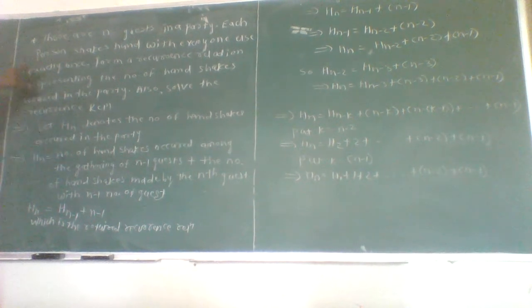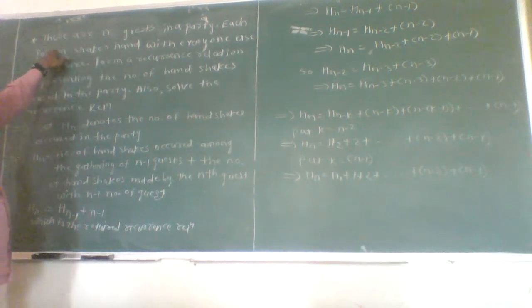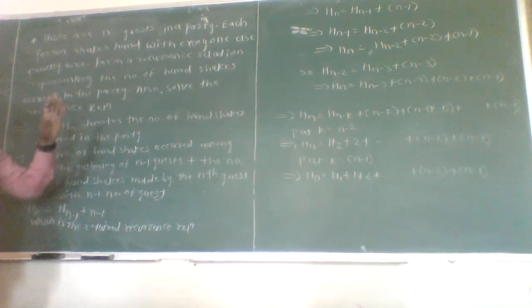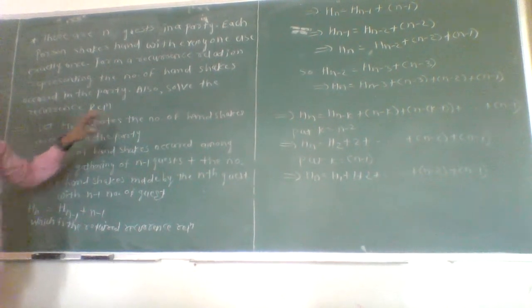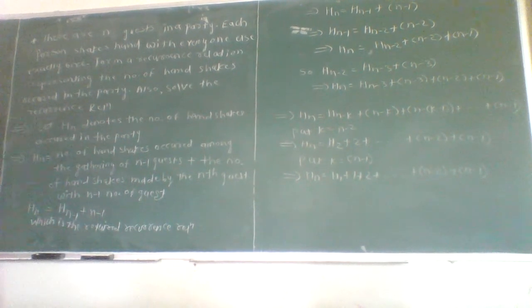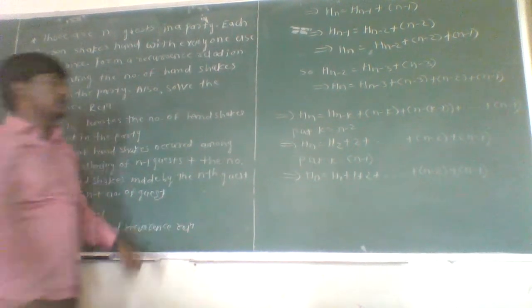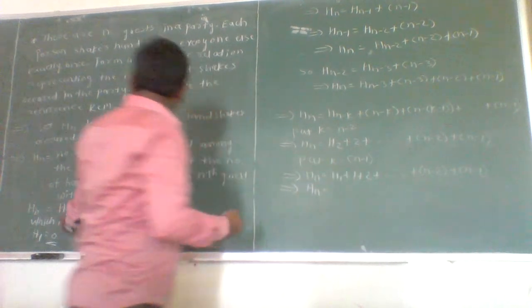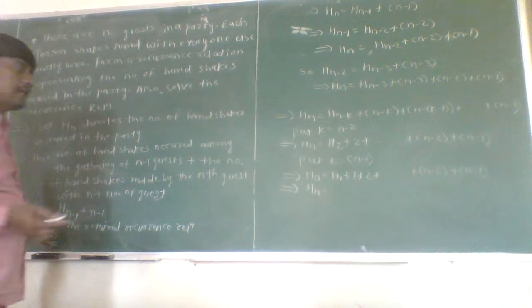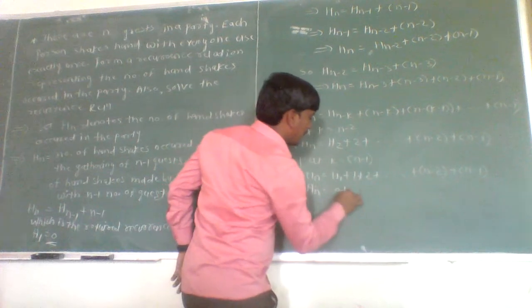Therefore, given that there are n guests in the party and each person shakes hands with everyone, if we have to take one handshake, then we require at least 2 persons, and Hn denotes the number of handshakes occurred in the party. As a handshake occurs between 2 persons, therefore H1 is equal to 0. That is, if there is only 1 person, then there is no handshake. Which implies Hn is equal to H1, which is 0, since we require at least 2 persons for the handshake. Therefore, 0 plus,